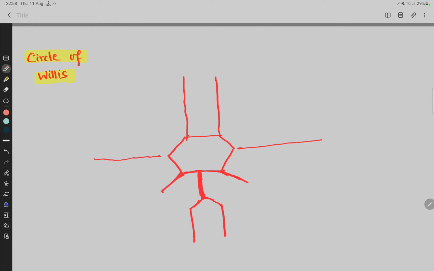Okay, so this is an anterior cerebral artery, this is the posterior cerebral artery, this is the middle cerebral artery, this is the basilar artery, and it is the vertebral artery. Okay, so the middle cerebral artery, here